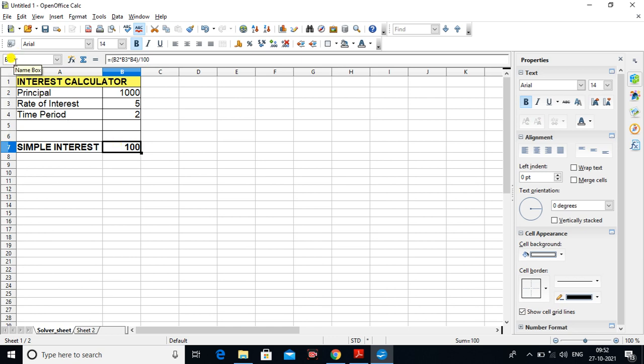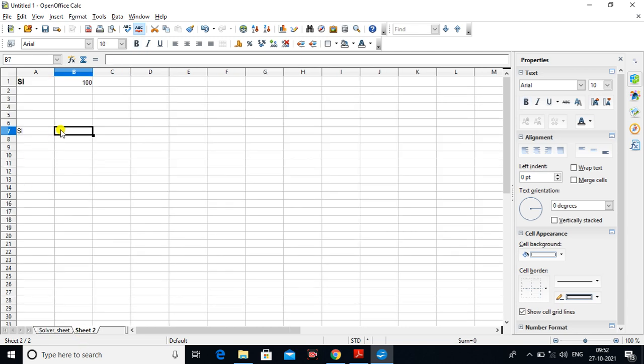Next, equal to, and sheet underscore solver sheet dot B7.